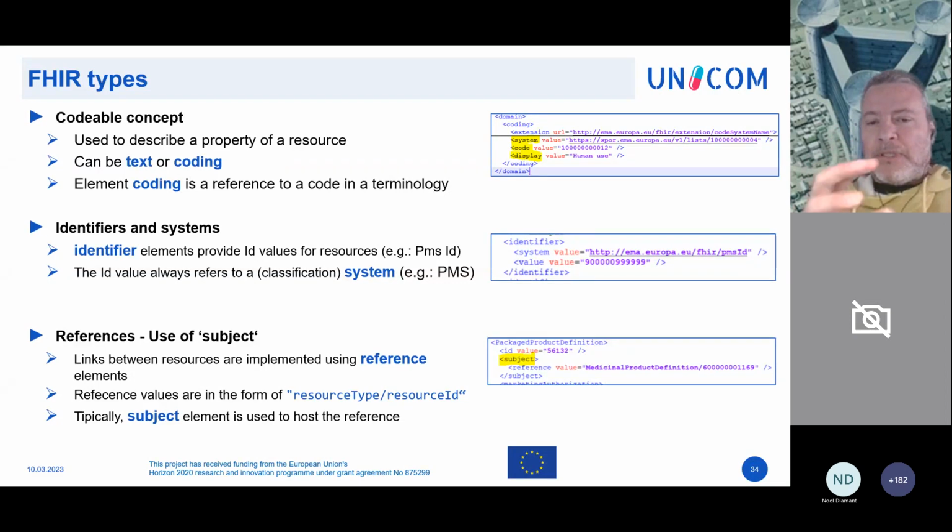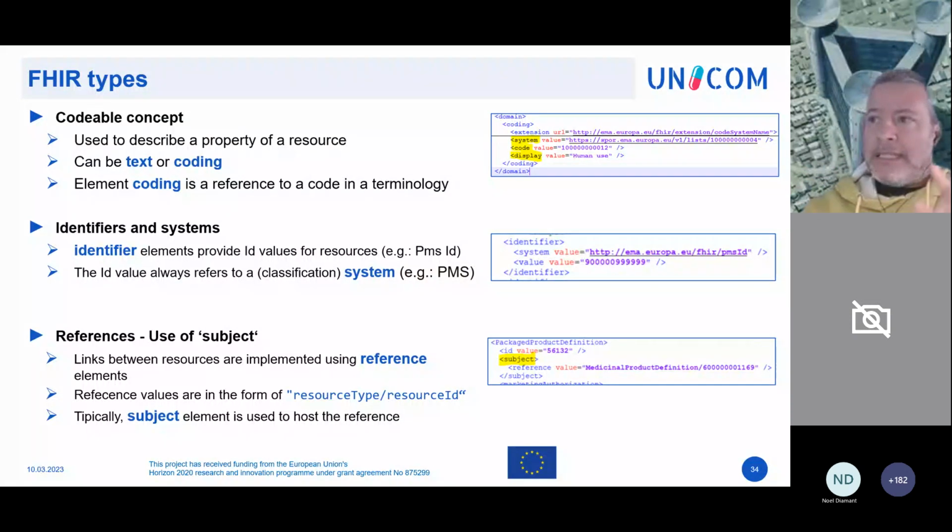That could be, let's say, color: we code blue with respect to the system, which is a list of possible colors, a dictionary of possible valid values. In the case of our message, the system that is the dictionary of possible values is almost always an RMS list.